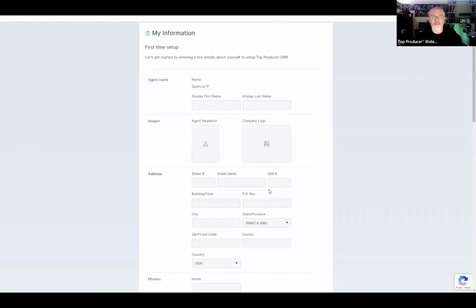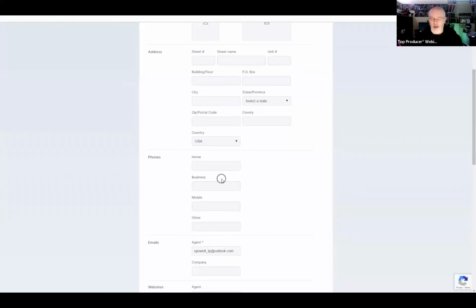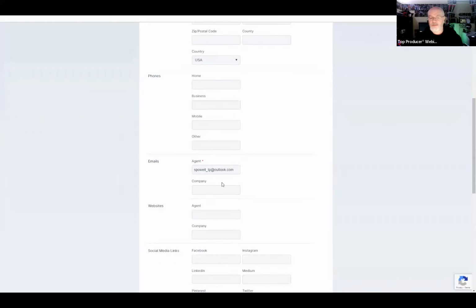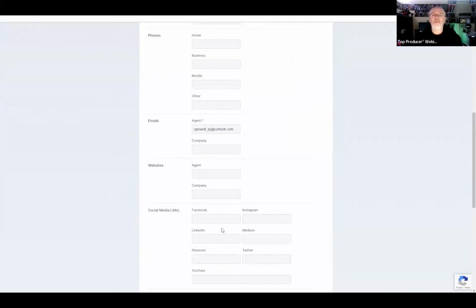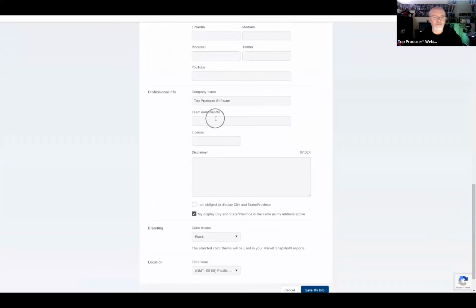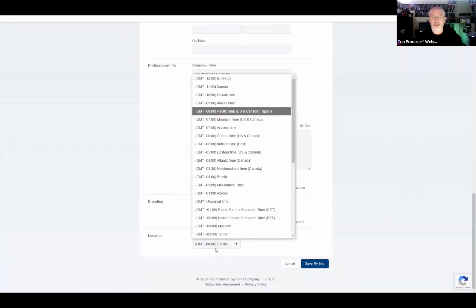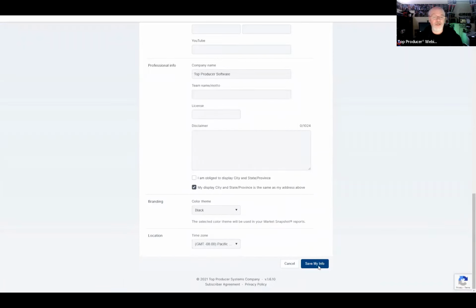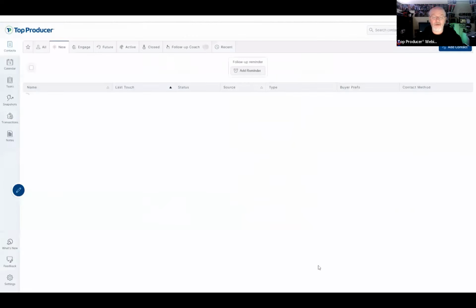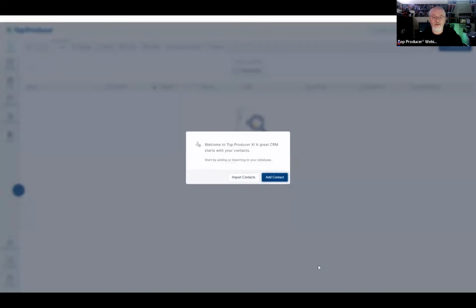Now, this is an important spot. It's going to show you the pertinent information you need to add. Now, there's only a couple of things you have to have in here to get into it, which is mainly an email address. So we can do that. We can go through all of this once we're into the system, because you can change this at any time. I would make sure that while you're doing it, you get your location set, because if you don't have the right location, it's going to make life a little difficult.